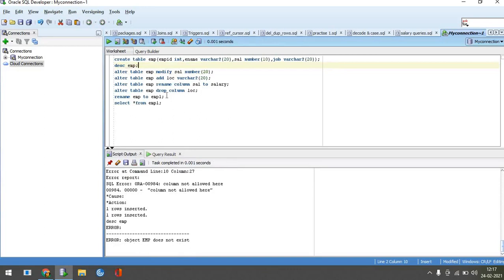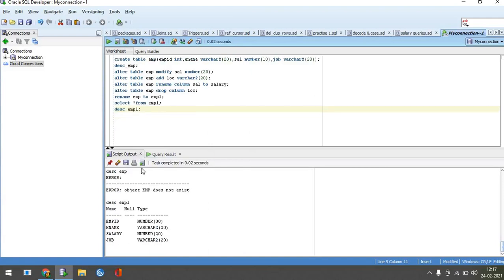So there is no such emp table. If you want to check again, we run the same query with emp1. See here, it shows the same columns: emp id, name, salary, job. So the name was changed.